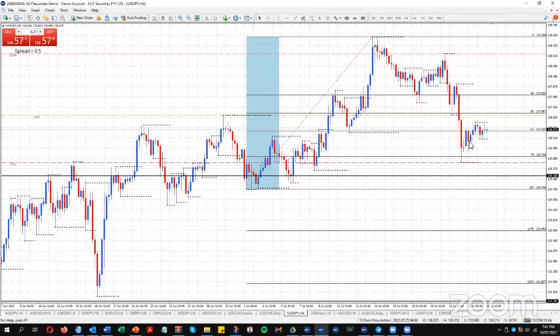And then we've started to not quite put an uptrend in yet, but if we move above this top here, that's going to start to put the 4-hour chart into a bullish structure. And this could be the pullback before we're moving back up to challenge 139.38. So that's how I'm looking at this.